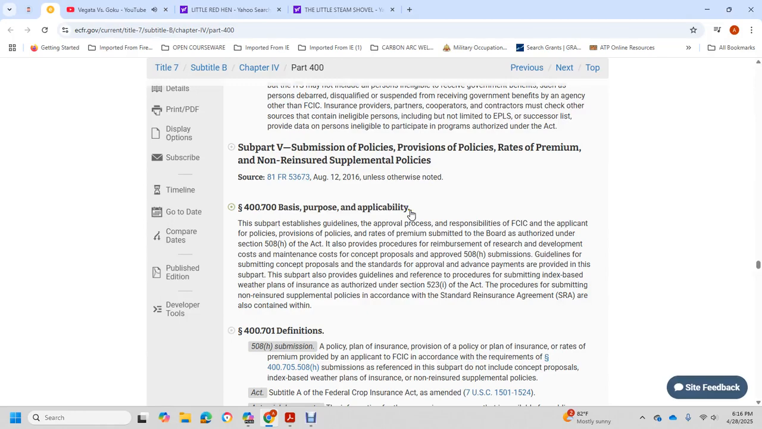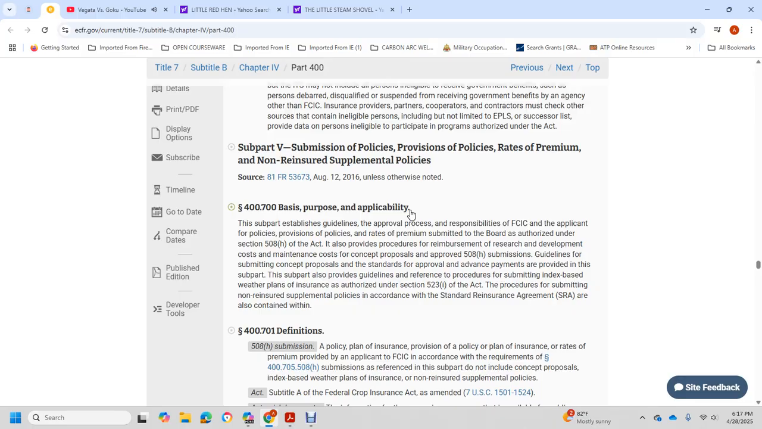Subpart V, submission of policy provisions, rates for premium, and supplemental payment policies. 407 the basic purpose applicable to the subpart, with the table of guidelines for approval of the process, with the Federal Crop Insurance Corporation application, provision policy with the rate for the premium submitted, with the period authorized under section 508(h) of the Act, and also provide the procedure with